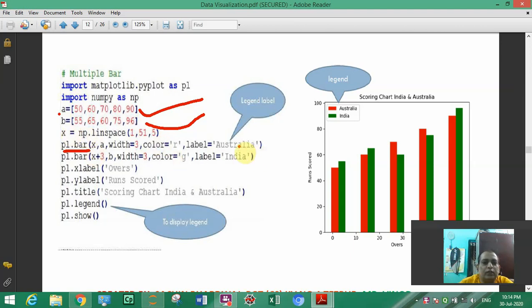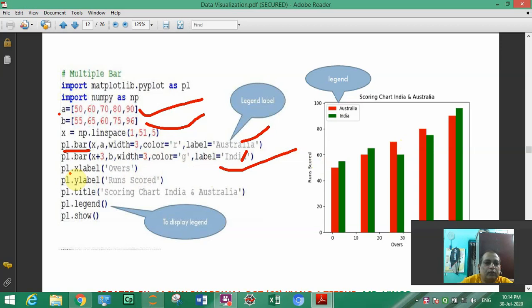Here you can see a name is given as label. I will write a student name here for their marks. It will create two bar graphs in a single graph.